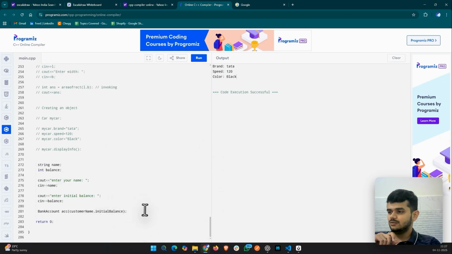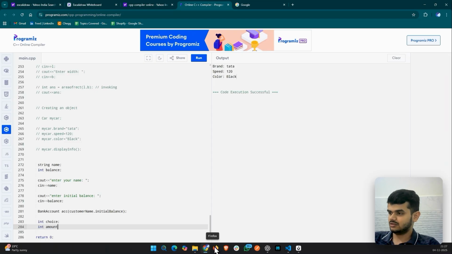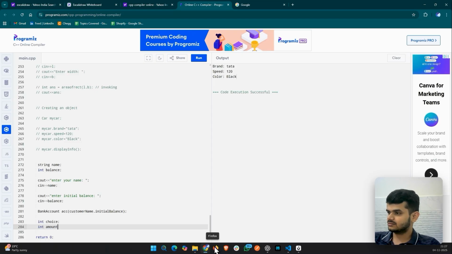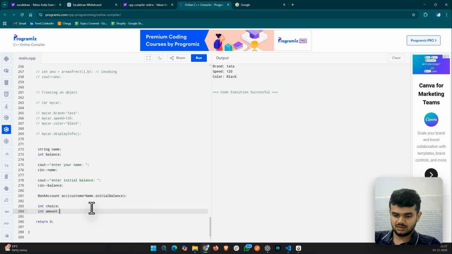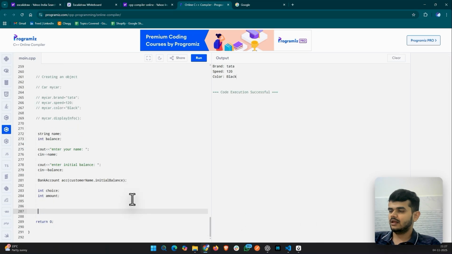Okay, so now once it's done, I will give the users the choice of what they want to do, whether they want to deposit, withdraw, or just show the balance. So I can say something like int choice, and int, maybe I can say amount. Yeah, so now what I can do is, first of all,